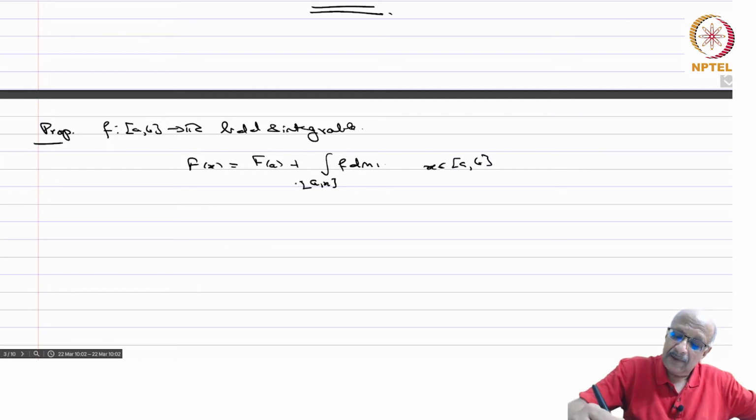As I am repeatedly saying, it doesn't matter whether I put open or closed at either end in such intervals, because the integral over points is all 0. Okay, so then